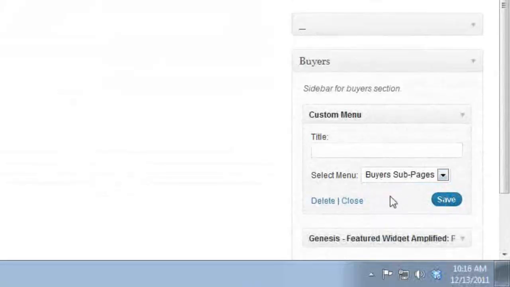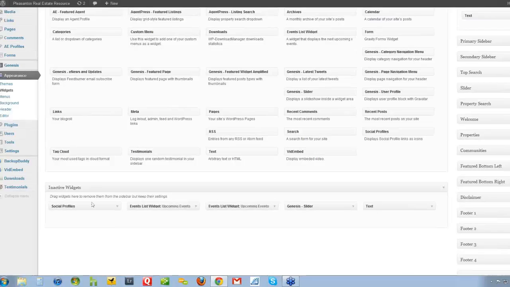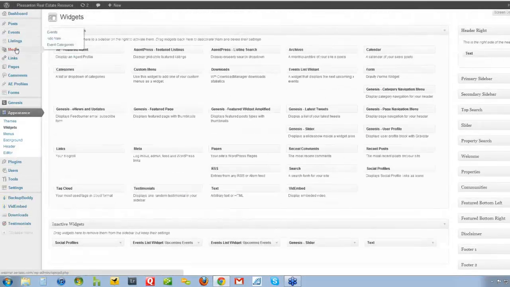You can go back and forth and see what you think of it. So now I have a buyer's sidebar. I can always go back and edit this, modify it, play with it until I get it the way I like it. So we've now gone through creating a sidebar, and then we just populated the sidebar. Our final step is adding that sidebar to a page. I'm going to go over to my pages,